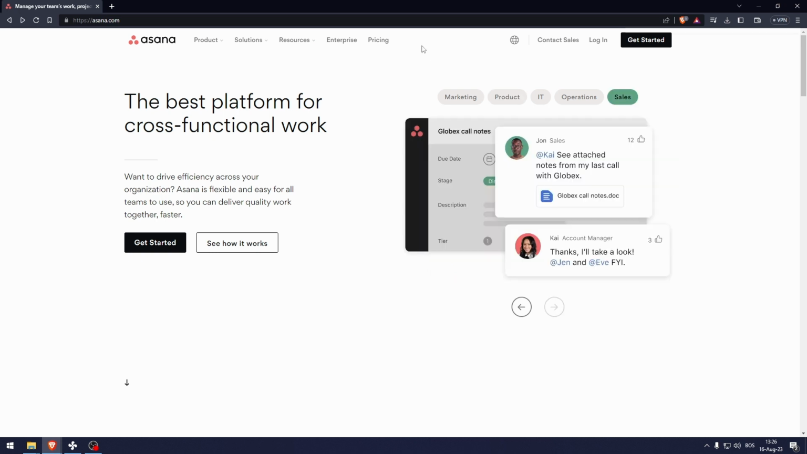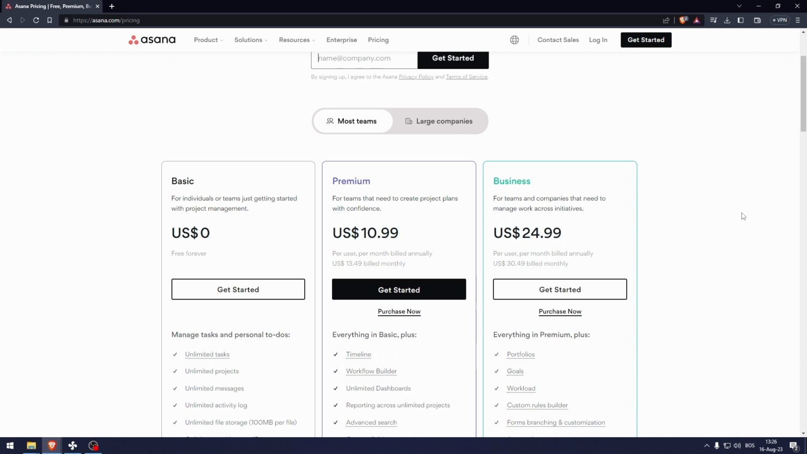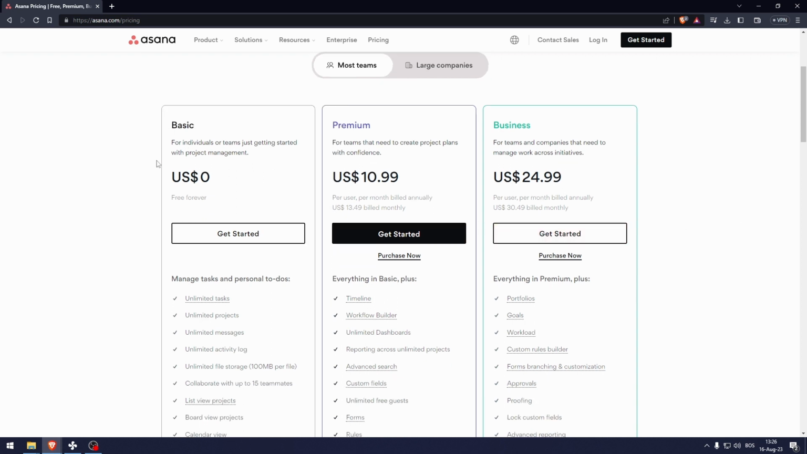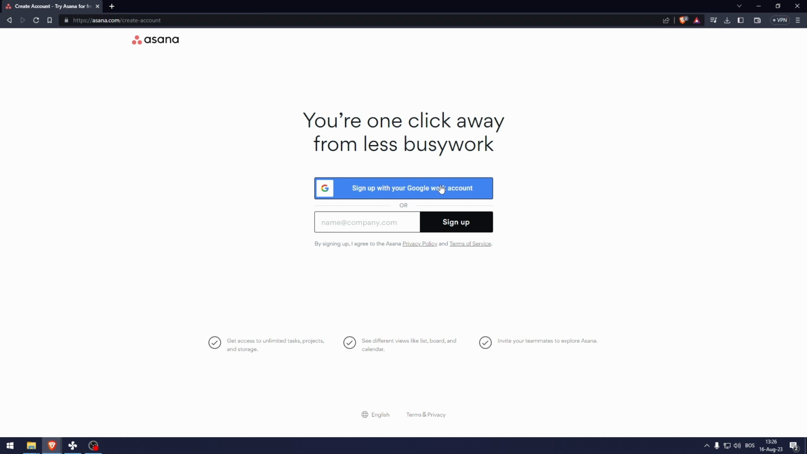Now, before I begin anything, let's first look at the pricing. Here you get basic, premium, and business, and basic is free with a lot of possibilities. So I recommend you start with basic, and as you get comfortable with Asana, you can buy the premium or business. Now, I'm gonna sign up with my Google Work account, but if you have your own email with